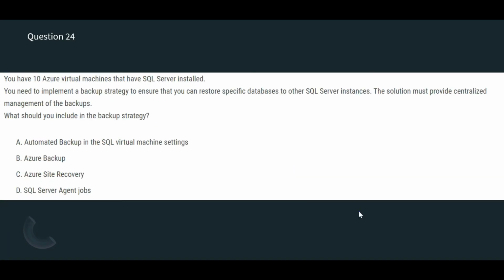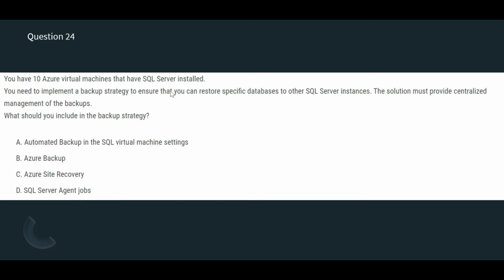Now this is a question. Have a look at the question. If you read this question carefully, you will come to know that this is a backup related question. Whenever there is a backup related question, the answer should be related to the backups only. So option D, the SQL Server agent job, is just a list of jobs. If you want to automate and run certain scripts at a particular time, then you can use it. You can also have backup related scripts and schedule them, but this is not a primary tool for backup.